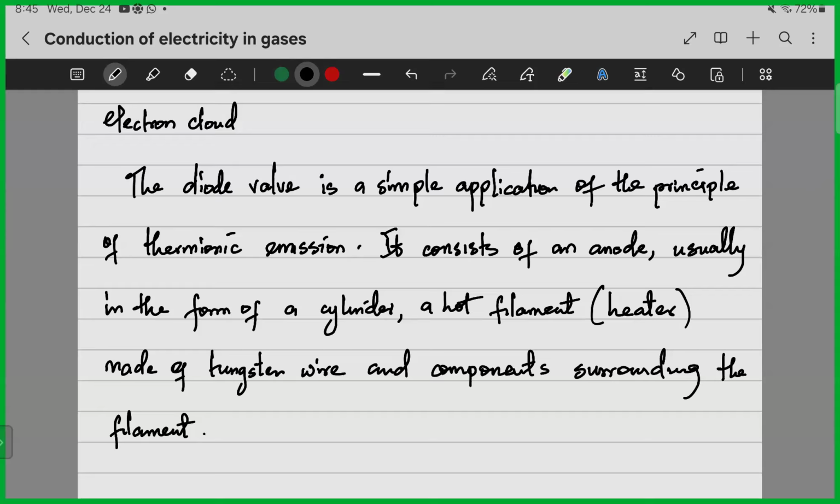We need to take note of that. A diode valve is a simple application of the principle of thermodynamic convection. It consists of an anode, usually in the form of a cylinder, a hot filament made of tungsten wire, and components surrounding the filament. And it's good to note that all these component parts